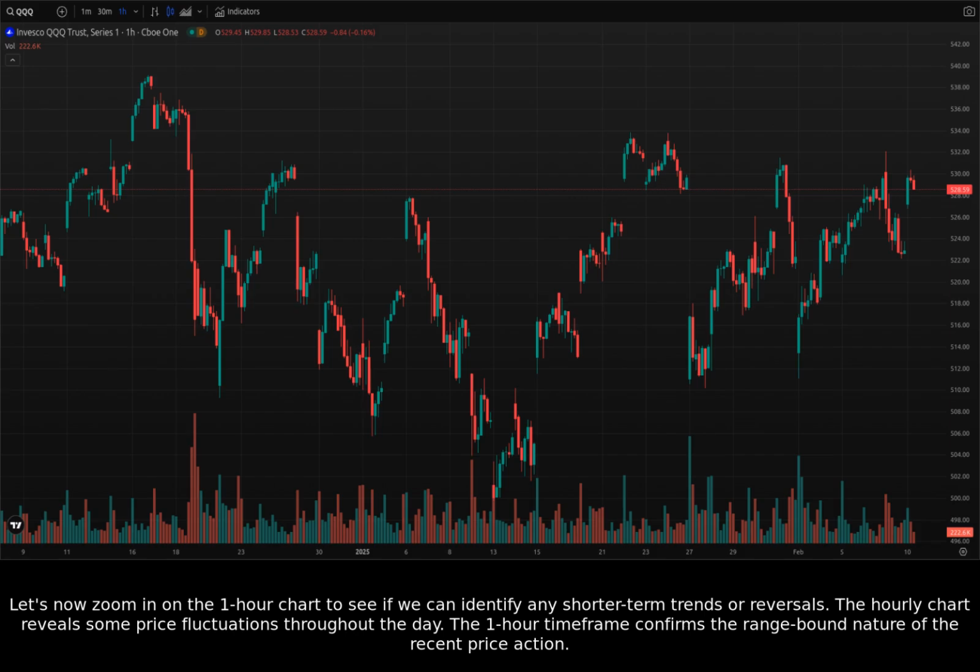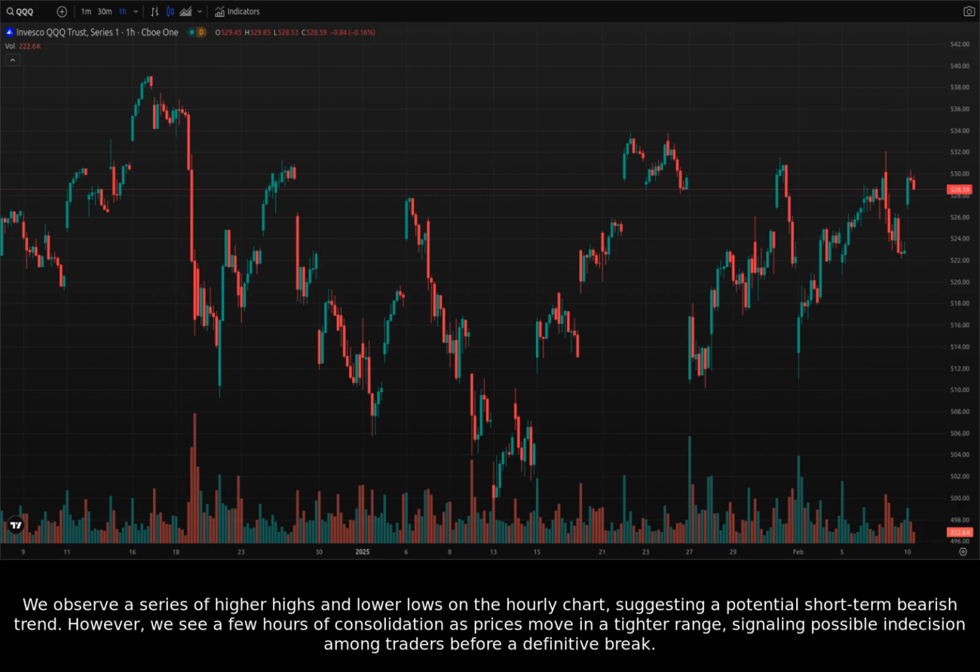Let's now zoom in on the 1-hour chart to see if we can identify any shorter-term trends or reversals. The hourly chart reveals some price fluctuations throughout the day. The 1-hour time frame confirms the range-bound nature of the recent price action. We observe a series of higher highs and lower lows on the hourly chart, suggesting a potential short-term bearish trend. However, we see a few hours of consolidation as prices move in a tighter range, signaling possible indecision among traders